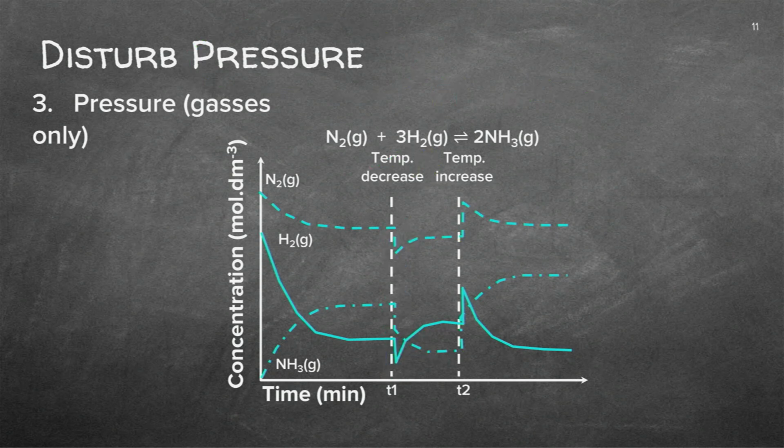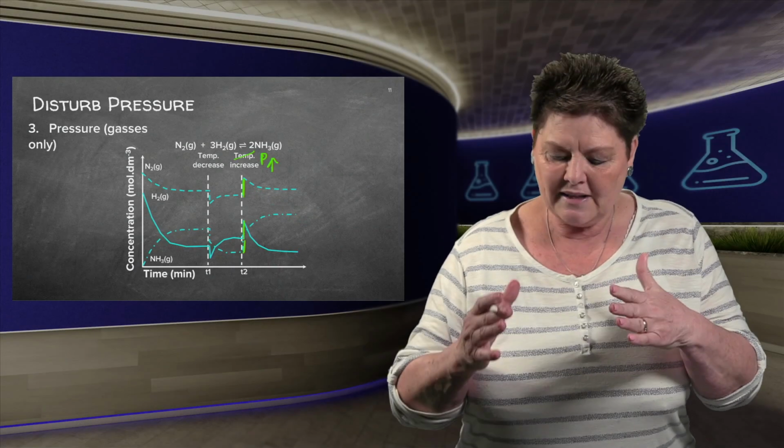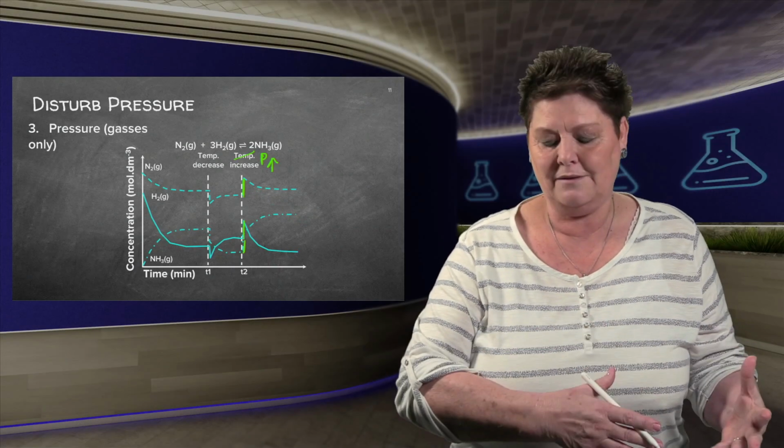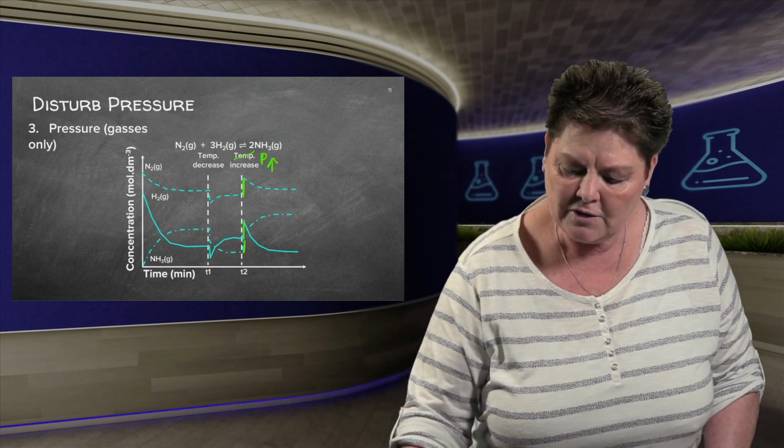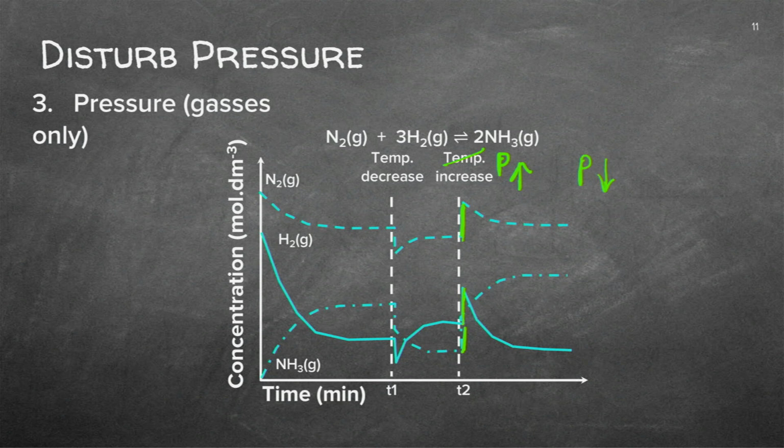Let's now go to the increase in pressure. I'm increasing the pressure. Can you see? That's increasing as well as that one. Guys, you need to see that it's different to the concentration and the temperature. If I increase the pressure, it wants to decrease the pressure. 4 to 2, it will decrease the pressure going from 4 to 2. Can you see the forward reaction will lower the reactants and increase the product.